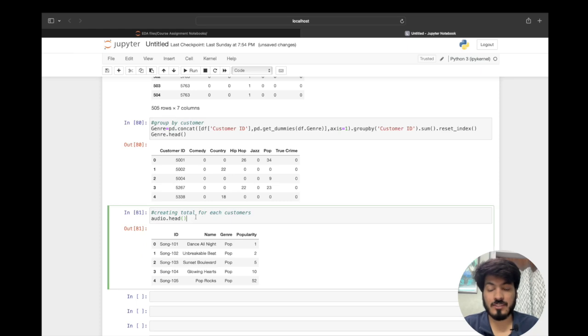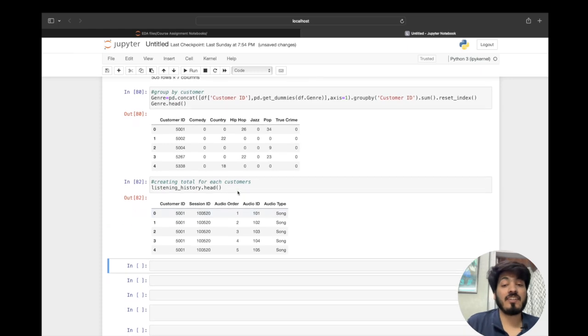So audio table, there's nothing. We have to go to our listening history table. Yeah, so in the listening history table you can see each customer has different audio IDs. So if I group by customer ID and if I sum all the audio IDs, that will give me the count of total